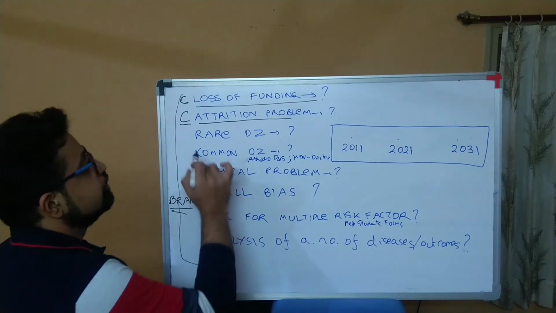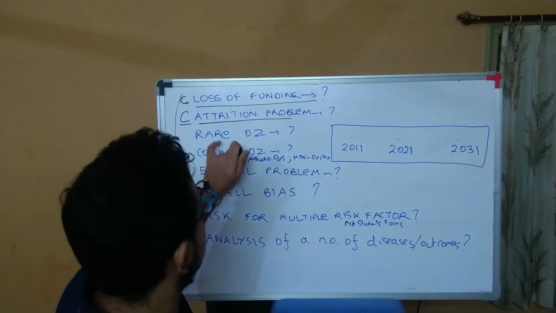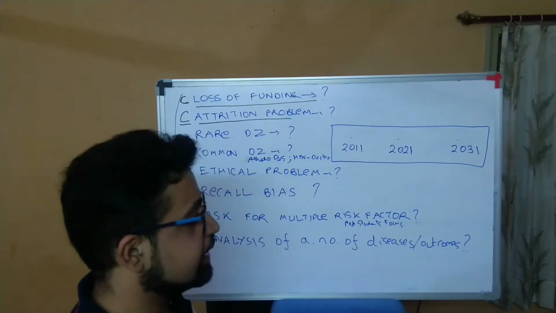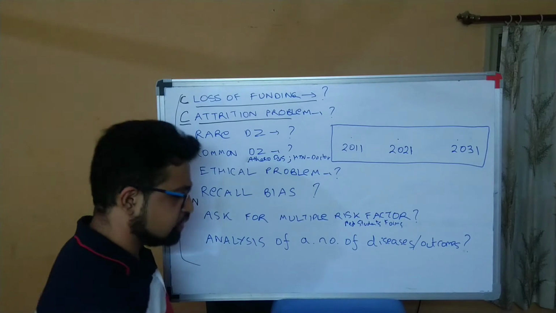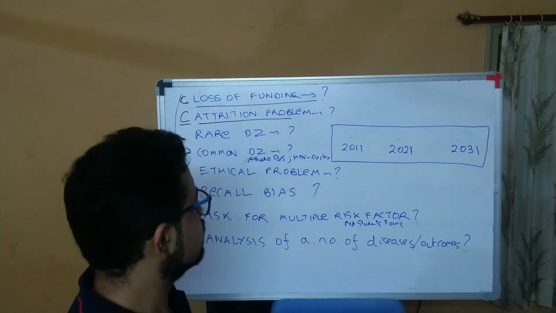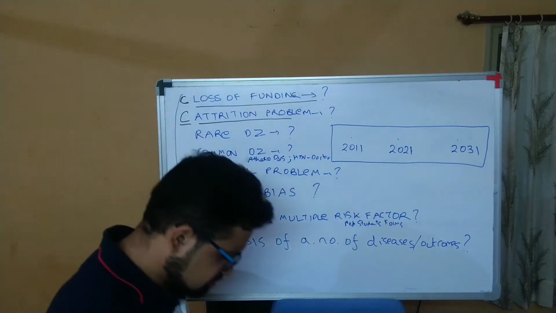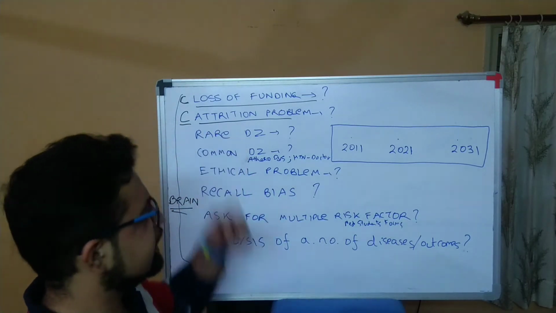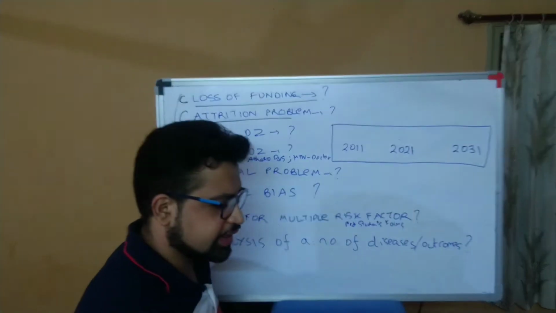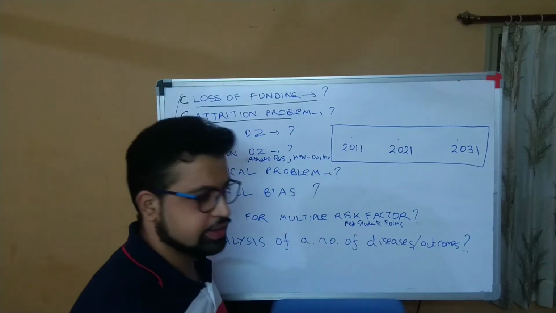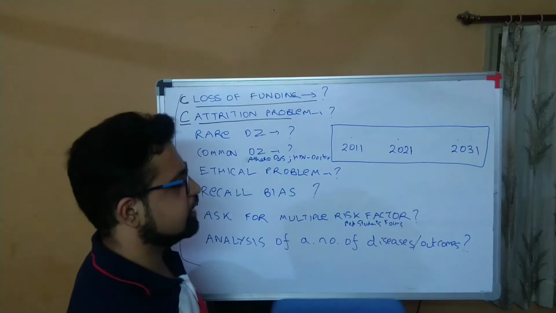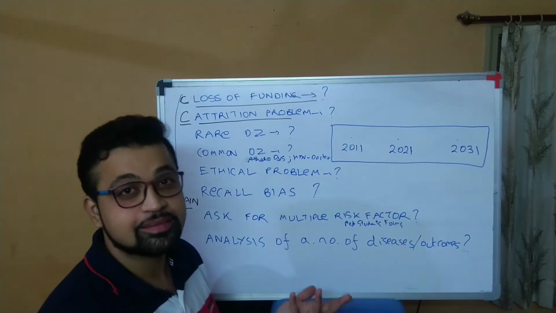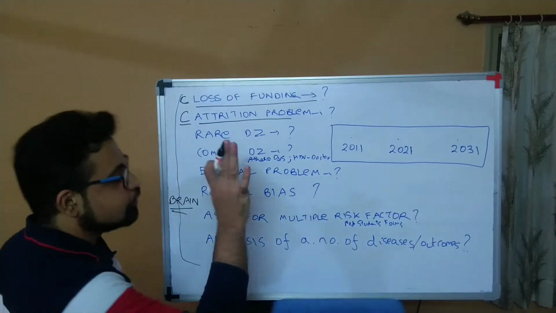Now, which study will you go for in a rare disease? If you want to study a rare disease, you are the clinician, which will you do? Cohort or case control? Let's suppose we go for cohort. I want to go with cohort to study a rare disease. 10 long years, crores of rupees, that agency is paying you. You follow up the study, and at the end of 10 years you say, sir, the disease didn't occur, the money is wasted. So you won't go for cohort.